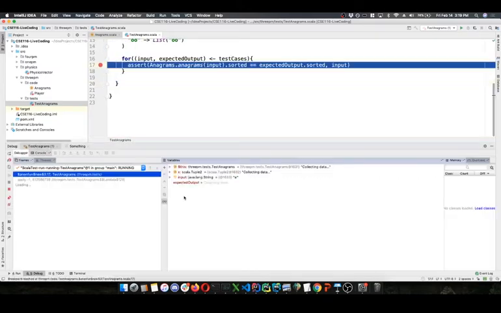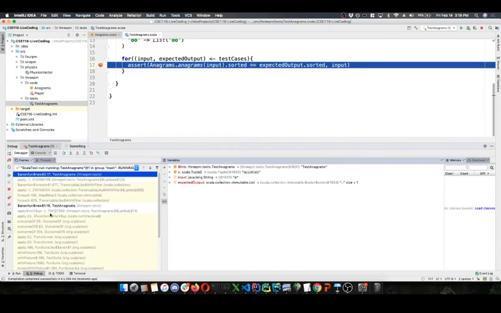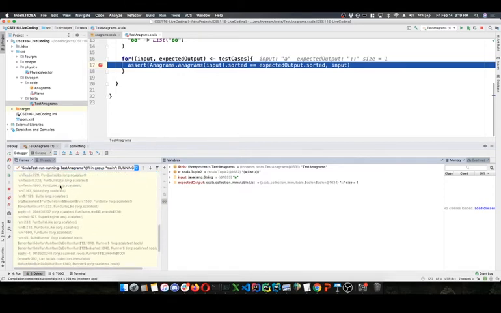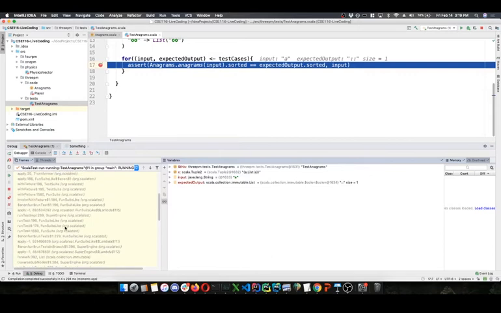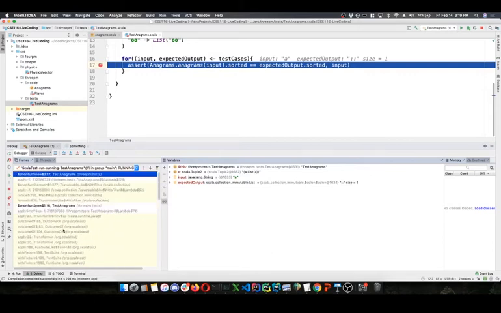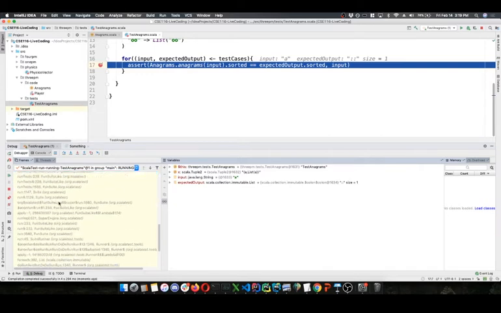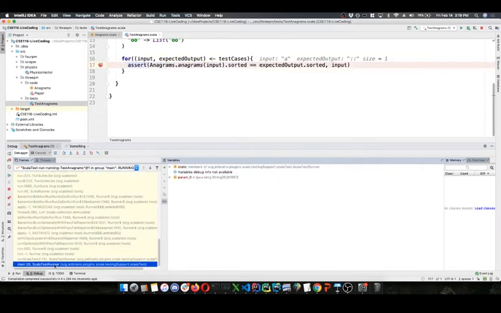It's going to take a while to compile, but once we get there, the first thing we're going to notice when we run a test, this isn't too critical to know, but a little factoid, is that there are tons of frames on the stack. This is all the overhead of our unit testing. ScalaTest puts a lot of frames on the stack. It's doing a lot of work behind the scenes before it even gets to the point where it's calling our code. If you're ever interested, you can look through what it's doing.